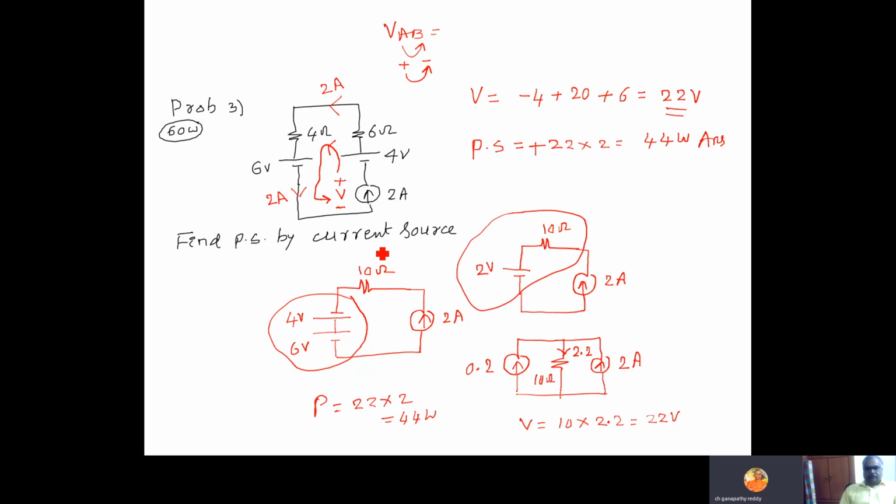Power supplied by current source. So this current source cannot be disturbed because we are interested to find the current supplied by this source. So don't make the mistake of adding these two. If you add, you will get the wrong answer. So in this particular problem, don't add. But like this also we can solve. But this is a powerful technique. Start from positive, go to negative, straight away you get the value of voltage, then multiply, you'll get the power.